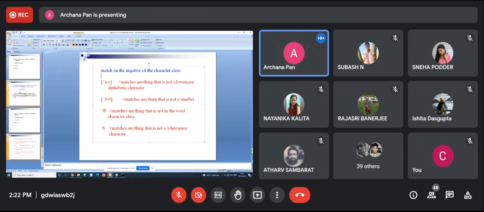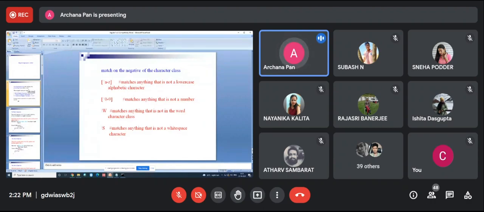Okay, so today, what we have learned, first, if I summarize, is the definition of regular expression. What do you mean by regular expression? Sometimes regular expression is represented by regex.